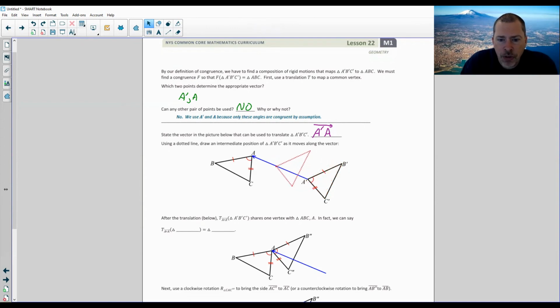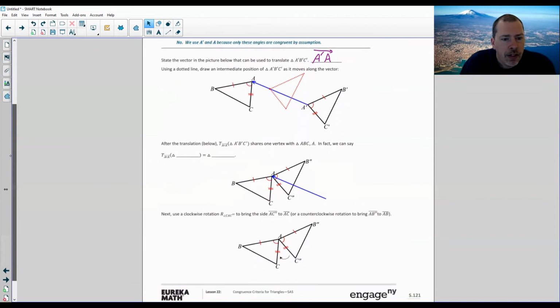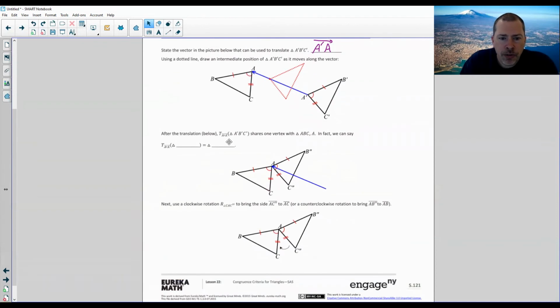I've already made it. So if you use patty paper, all they wanted you to do is to create a copy of that triangle showing that it is moving along that vector. So this would be like in motion, that's where it's going. Okay. And then after the translation below, T mapping A prime onto A,